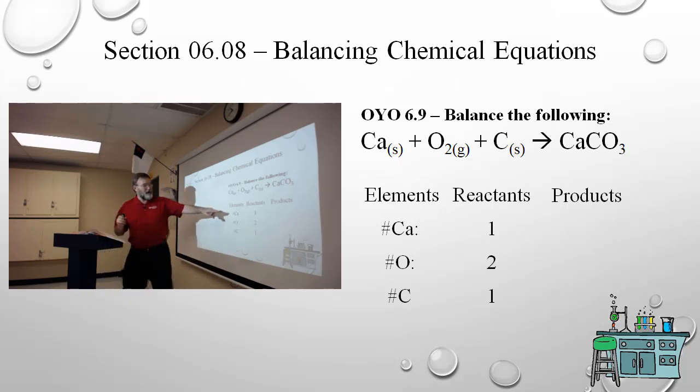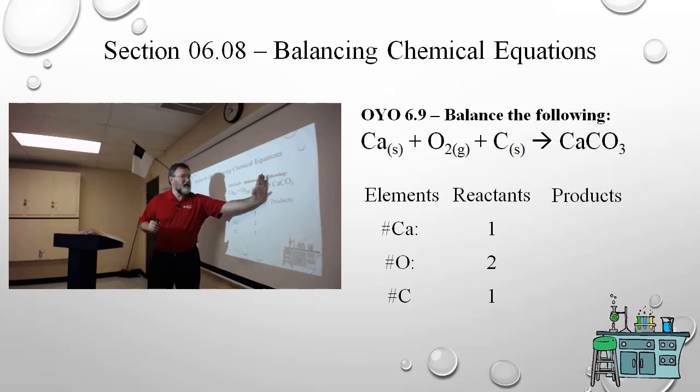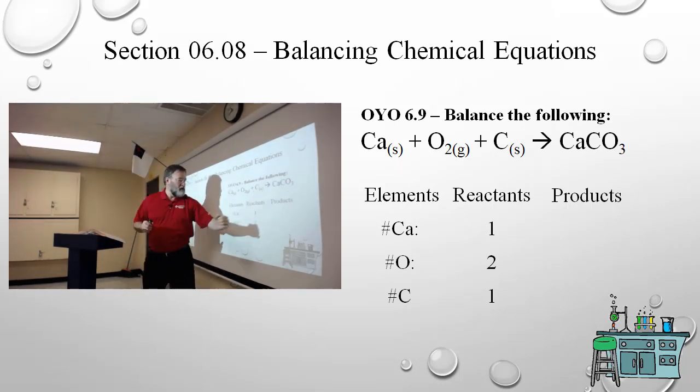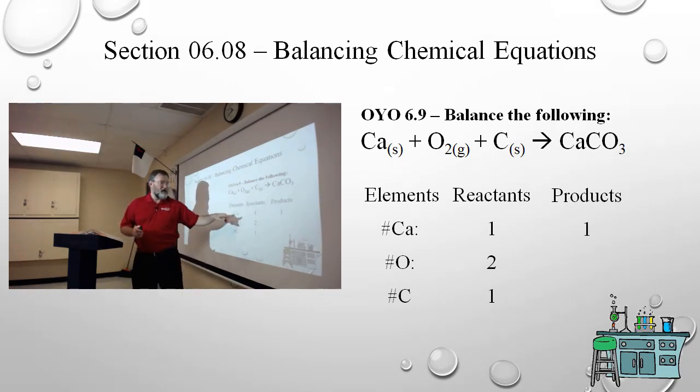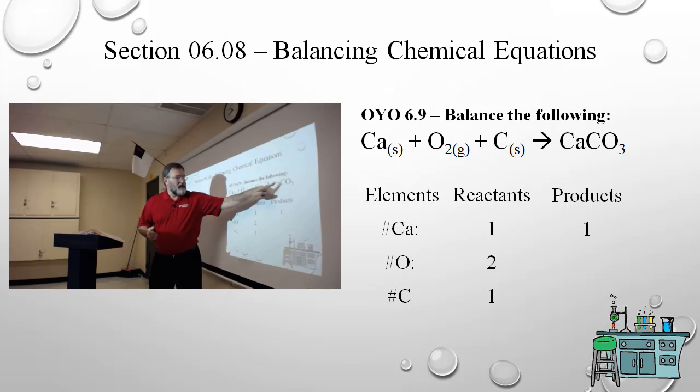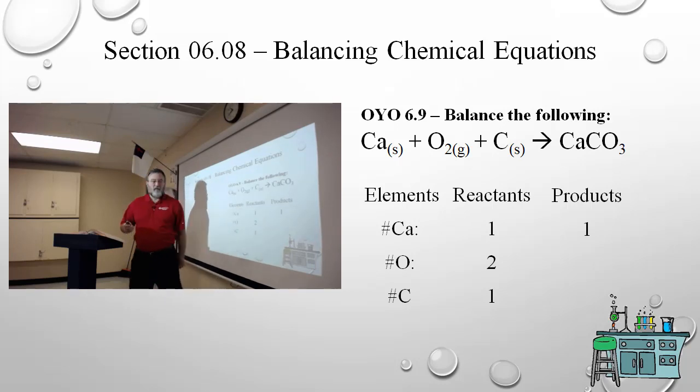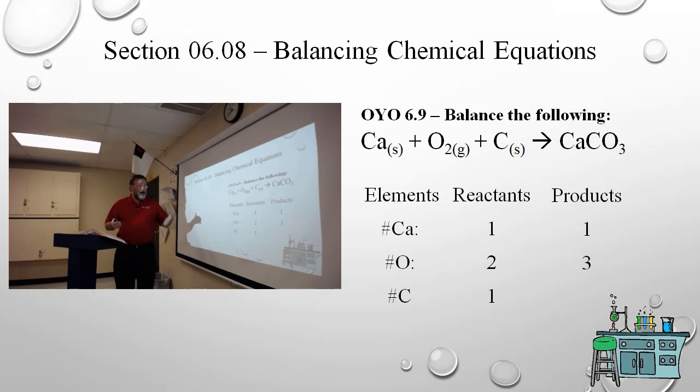Okay, so for calcium, we're looking at the product side, everything to the right of the reaction arrow, over here. The calcium count is one set of one, which is one. Then we're going to look at the oxygen count. The oxygen is here. It is one set of three, which is three. And then carbon,